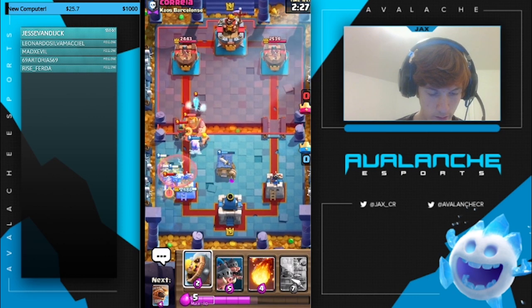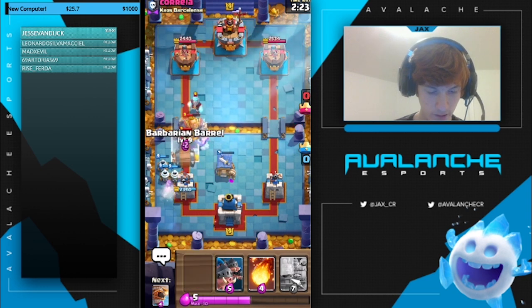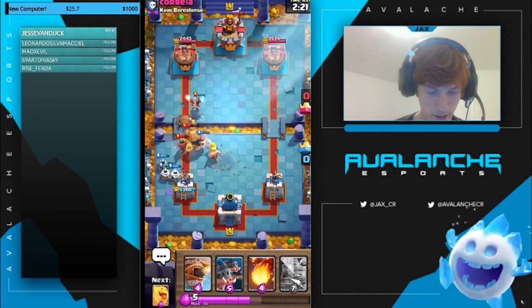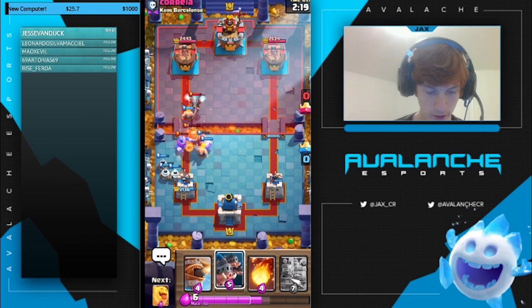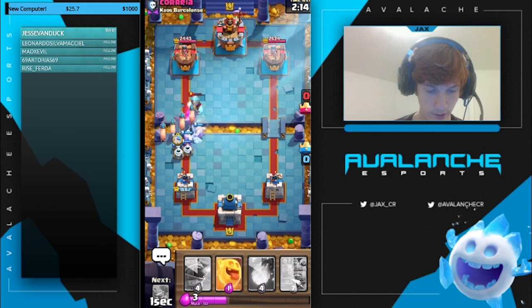And the Miner does lock onto the tower, which is really nice. Zappies are able to finish it off, and I think with that bar barrel, we have so many troops on the map, and he's spent so much elixir. I think we can go in really aggressively here. So we'll go in with the heal spirit as well, and look at how many units we have on the